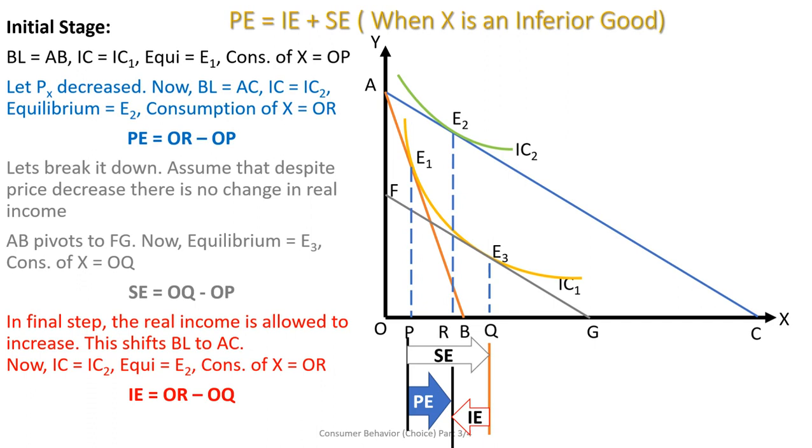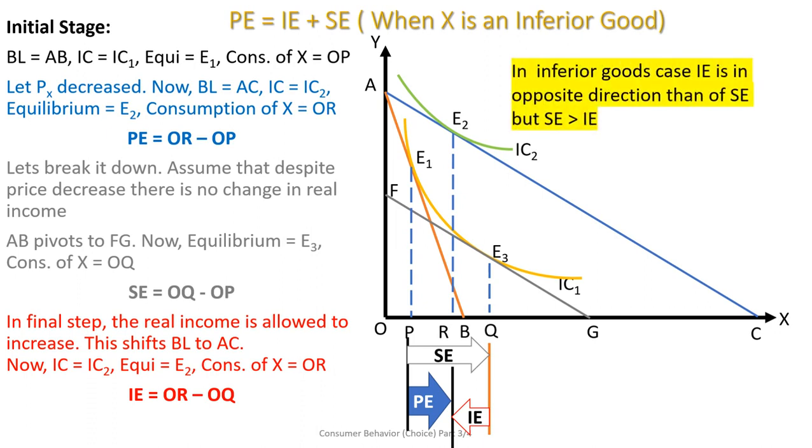Now let's study the case when commodity X is an inferior good. Again, the initial budget line is AB, the indifference curve is IC1, the equilibrium is at E1, and the consumer is consuming OP quantity of commodity X. Assuming that the price of X decreased, now the budget line is rotated to AC,